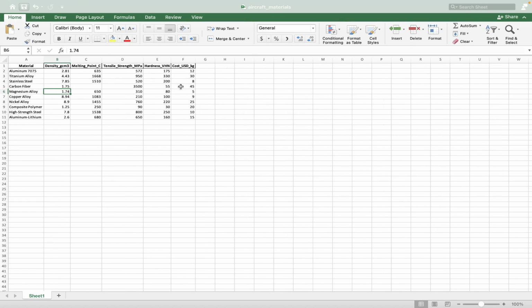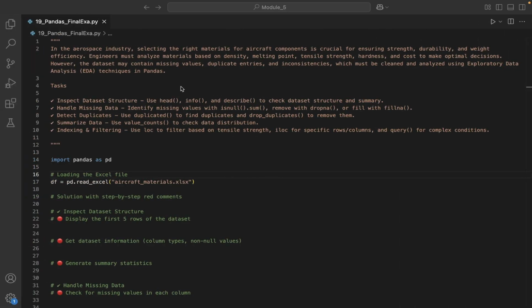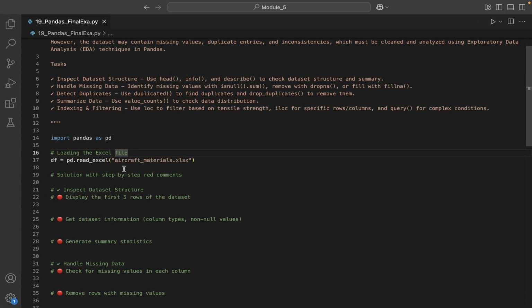To access this data, first we need to load the dataset, and here the first line is pd.read_excel, within its argument the file location is provided. The file is available in the same working directory, so only the file name with its extension is provided. This line loads the dataset from the Excel file named aircraft_materials, and it loads it into a Pandas data